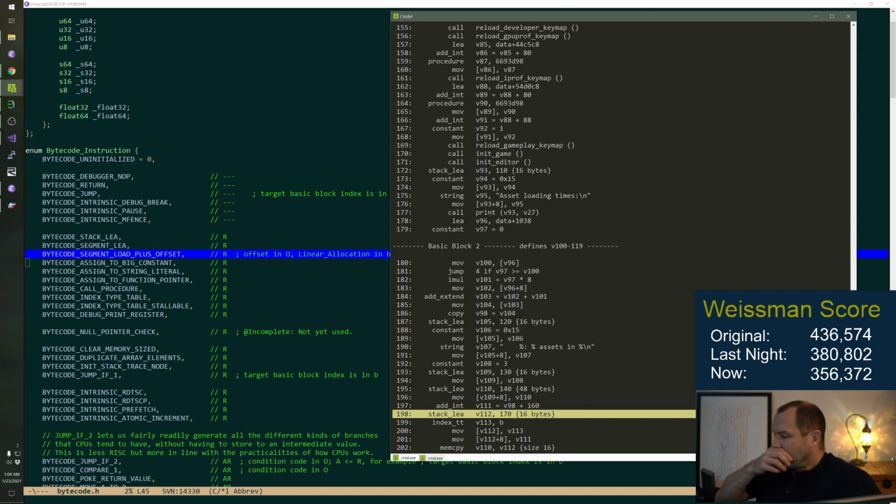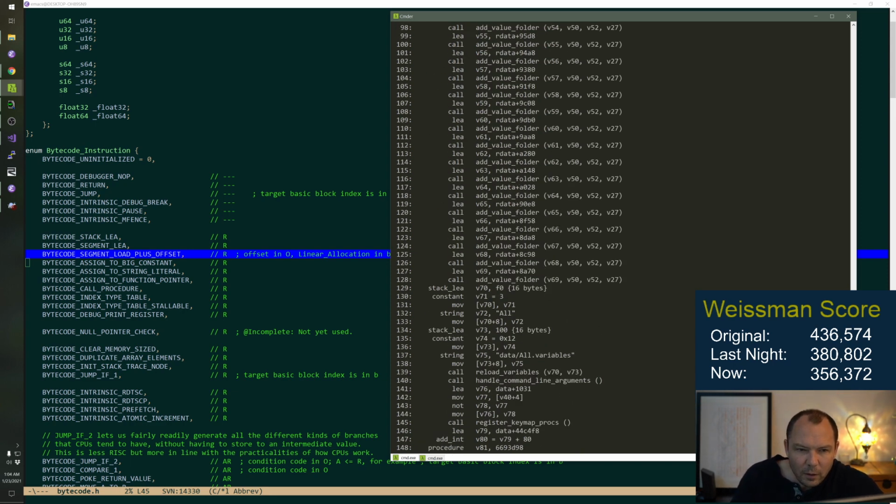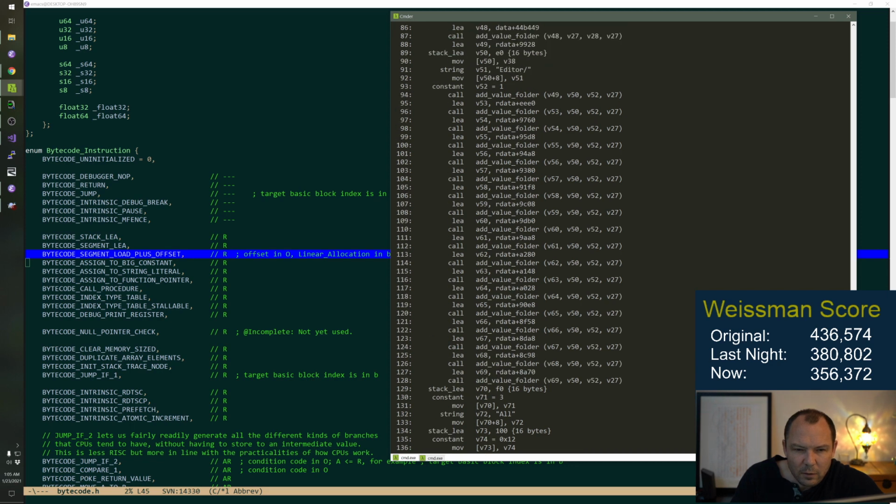Unless you could take it too far. You could start saying, oh, I'm going to design all these bytecode instructions that do like 3 or 4 instruction sequences in one, and then I can minimize. But that's not the goal, right? We're not trying to be absurd about this. For a reasonable set of instructions, we're trying to generate them as best we can in the front end without going insane.